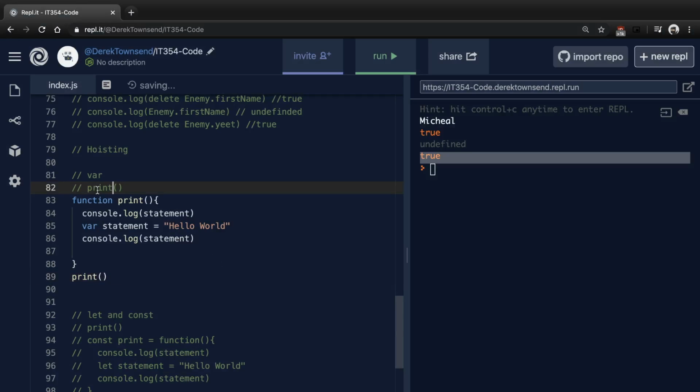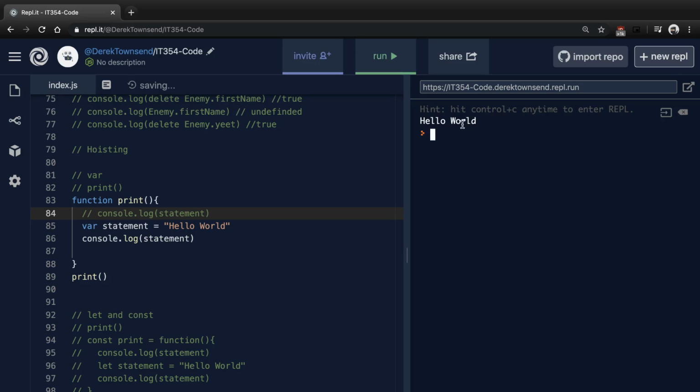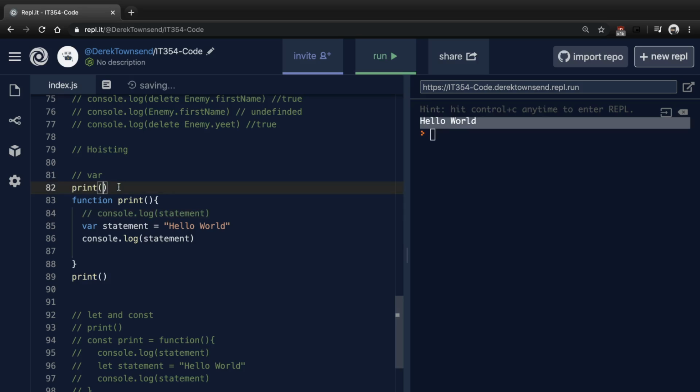In this first print right here, we're just going to run the function normally, and everything runs fine. You get hello world. But if I let the print run here instead, you would expect an error, because print hasn't been created yet. There's no way to reference it. But because of hoisting,